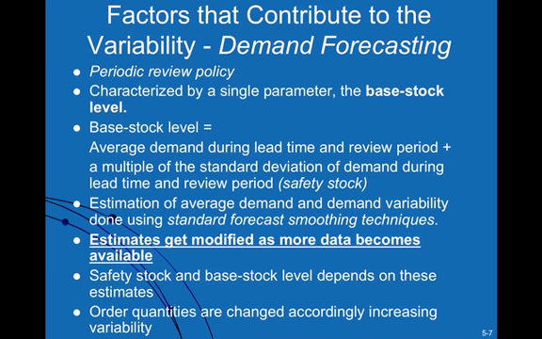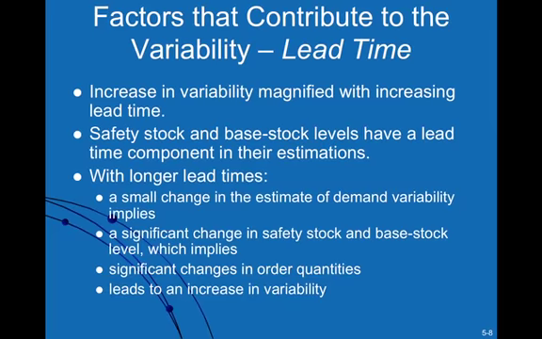And remember that one of the ways in which we deal with uncertainty is to carry safety stock, so that the orders that are placed to the supplier also include the requirement for safety stock. And if you recall the formula for safety stock, the variability of the demand is important. The lead time and the variability of the lead time is also very important. So what happens now is that as that uncertainty increases, you place larger orders to cover safety stock, in which case the inventory level starts to grow significantly as we get back to the manufacturer.